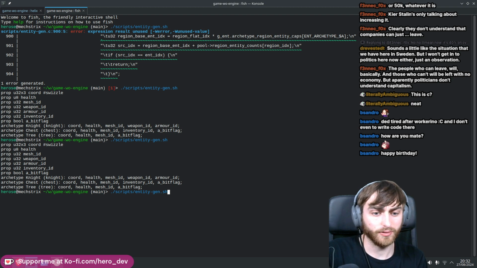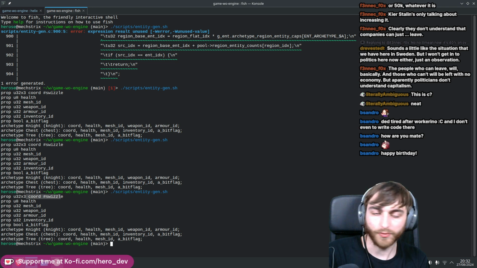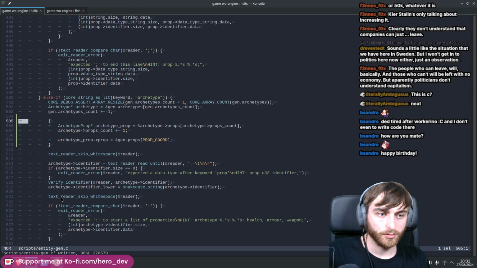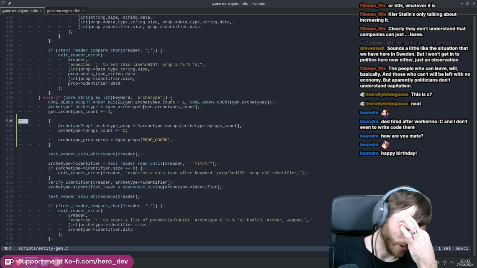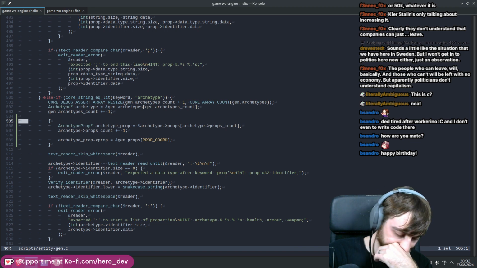So if I rerun that entity generator, we're still going to see coord show up here and here, but it doesn't actually exist in that layout file. And then so what we want to do, wait, do I want it to go here though? No, actually,